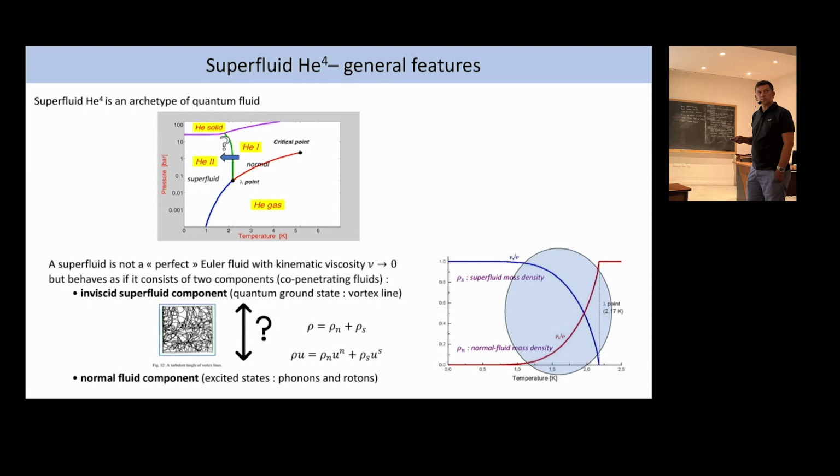In this study, an important feature is that the mass density of these two components depends on the temperature. When the temperature is just below the transition, you have normal fluid and very little superfluid. And when the temperature decreases, the mass density of the superfluid in the system increases. In this study, we will be interested in the range of temperature, typically between 1K and the transition, where you have the coexistence of the two components and strong interaction between them.